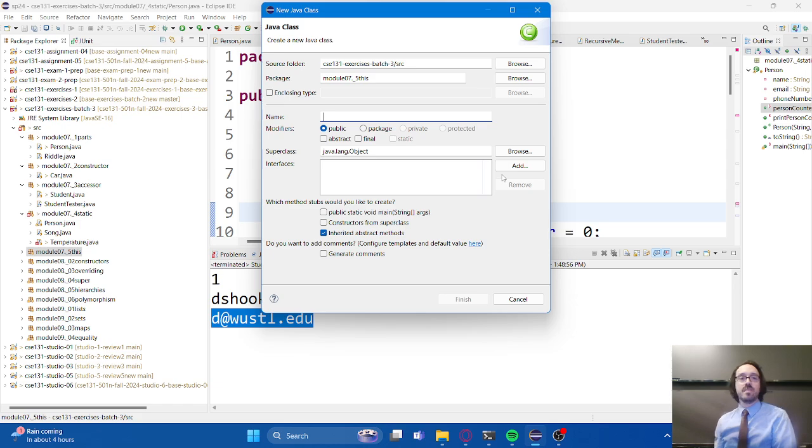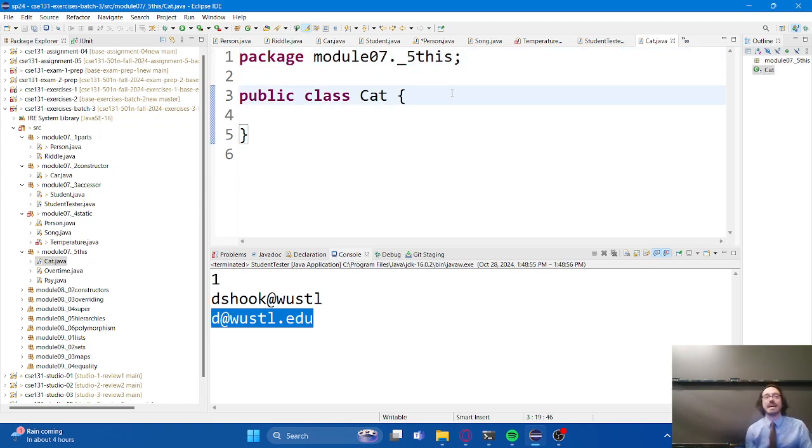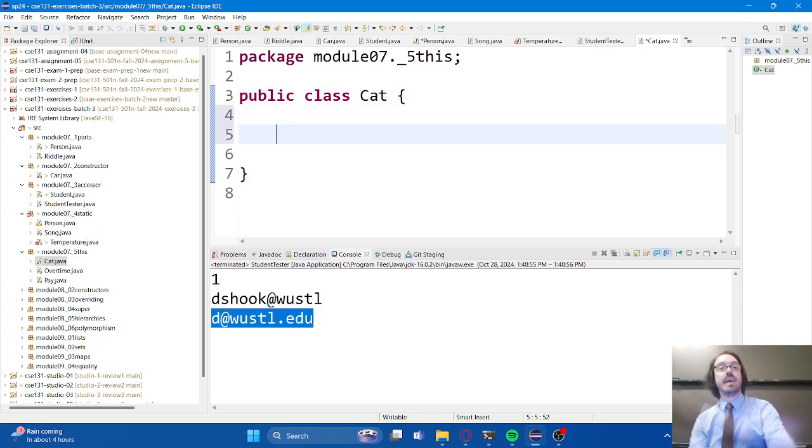We're going to create an object to represent one of my favorite things in the world. We're going to create a cat class, a class to represent cats. This is very similar to what we're going to ask you to do in Studio this week. We're going to give you some ideas of objects to create, and we're going to turn you loose. We're going to say, hey, go and create this class that represents this thing.